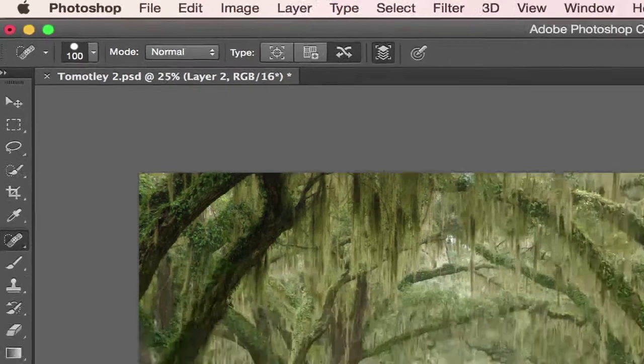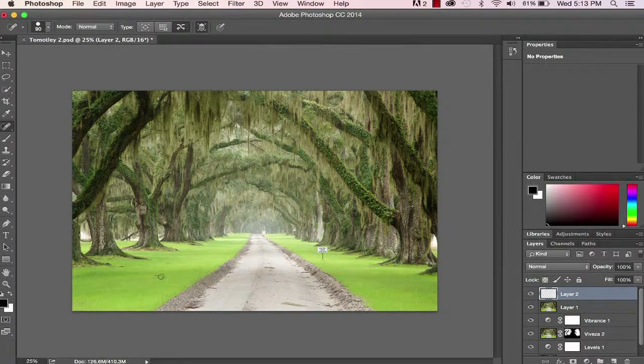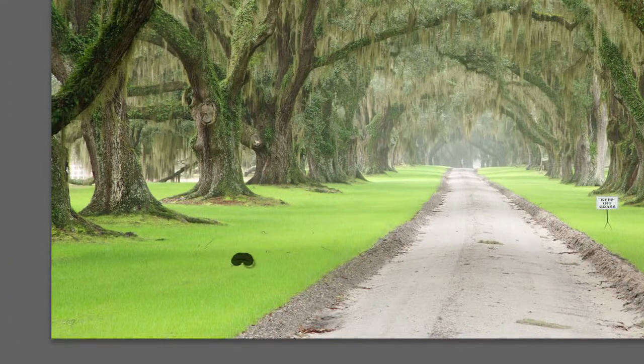I'm going to clean up this debris down here at the bottom of the frame. As always, the size of your brush can be adjusted with the bracket keys on your keyboard. Hover over the debris with your brush and then click on it. And the Spot Healing Brush tool automatically cleans up the area by blending the surrounding pixels over the debris, creating